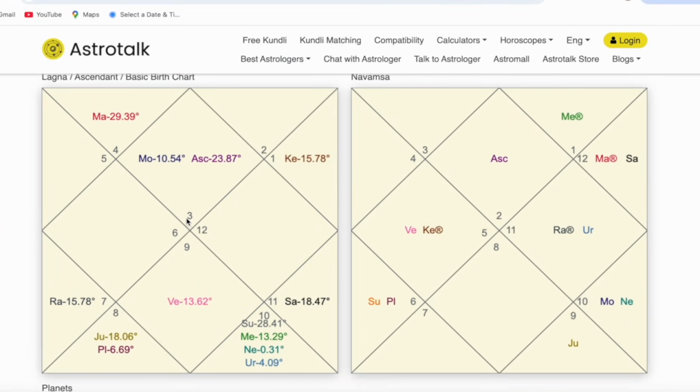This is a Gemini Lagna. In the 7th house, we have Venus. So Venus sitting in the 7th house is good for marriage. However, in some cases, it can cause delay as well. Now, the 7th Lord, Jupiter, is going into the 6th house, 12 places away, which is not a very good place for the 7th house. Also, it is a Dushtasthana, so that again is a little bit of a problem.